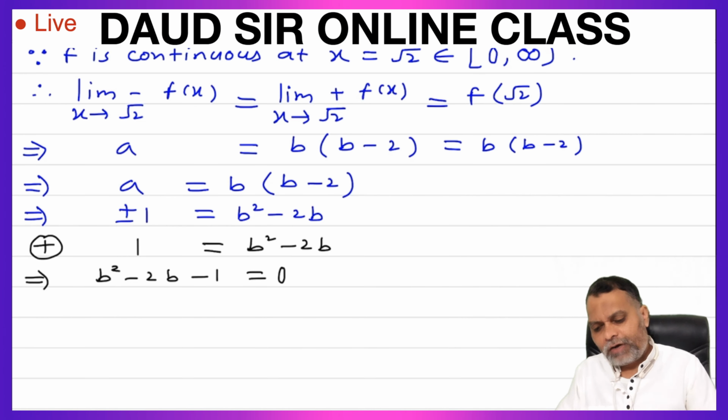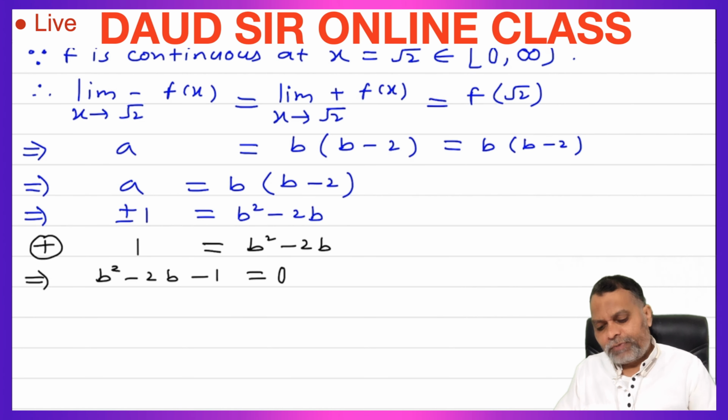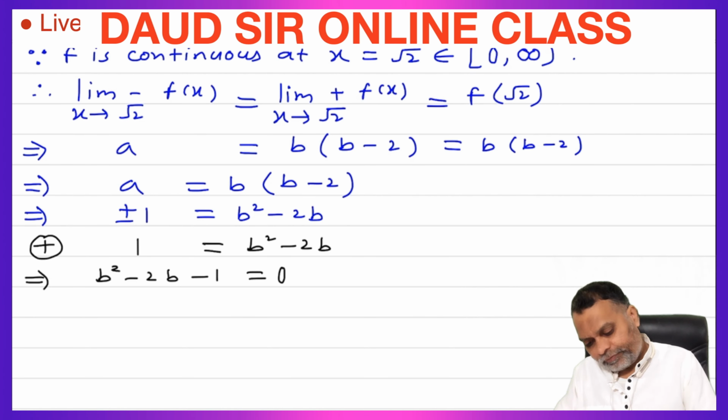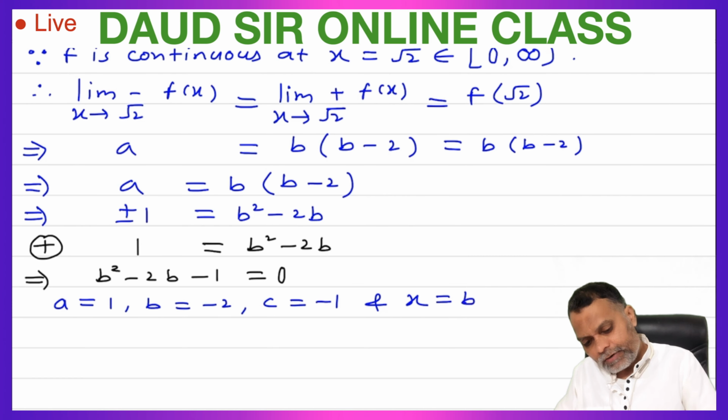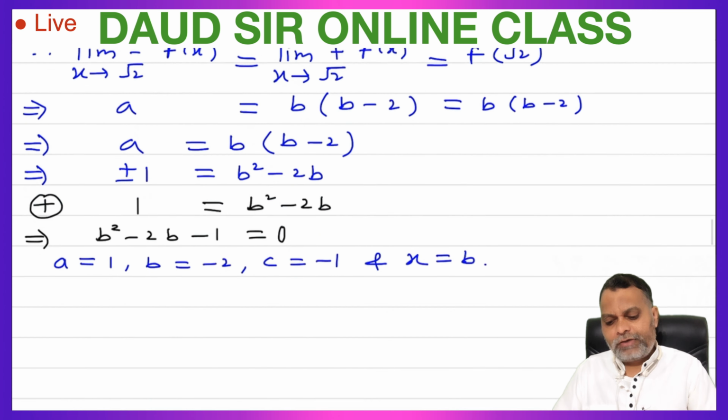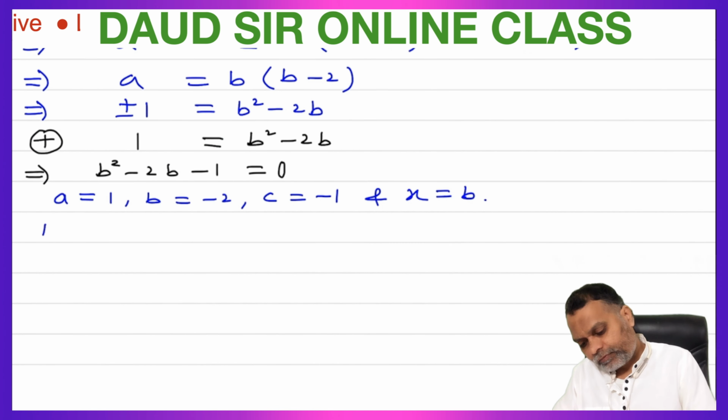It is in the form of quadratic equation ax square plus bx plus c, where x is equal to b. So compare this. a is equal to 1, b is equal to minus 2, and c is equal to minus 1, and x is equal to b here. By using quadratic formula,